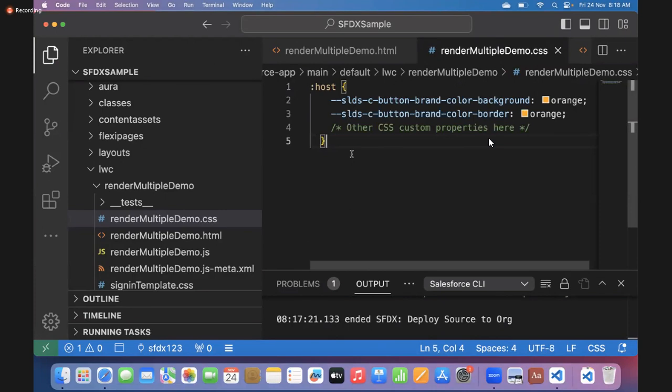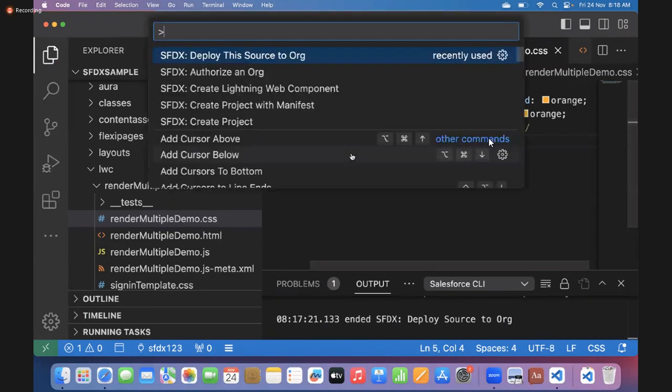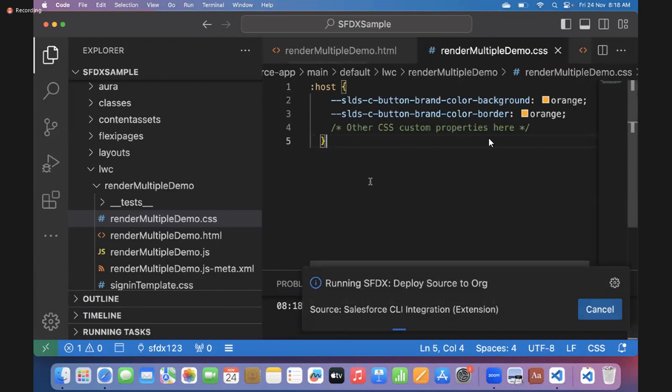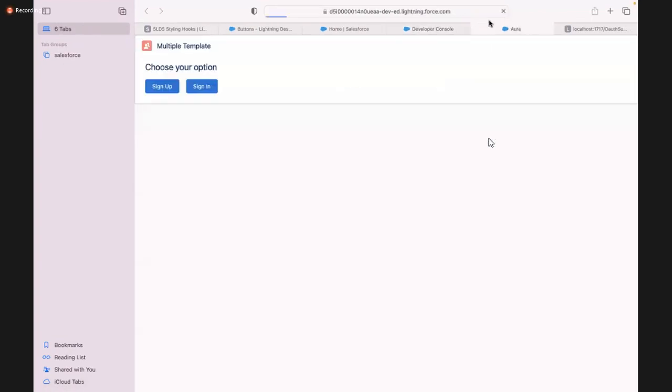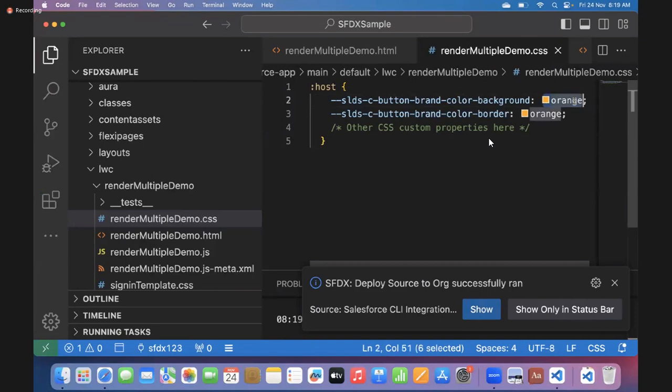Save. After saving, Control Shift P, deploy this to the platform. So wherever the brand button is there, change the color to orange. Now let me go and refresh this. See how this change got applied. Here if I give red,